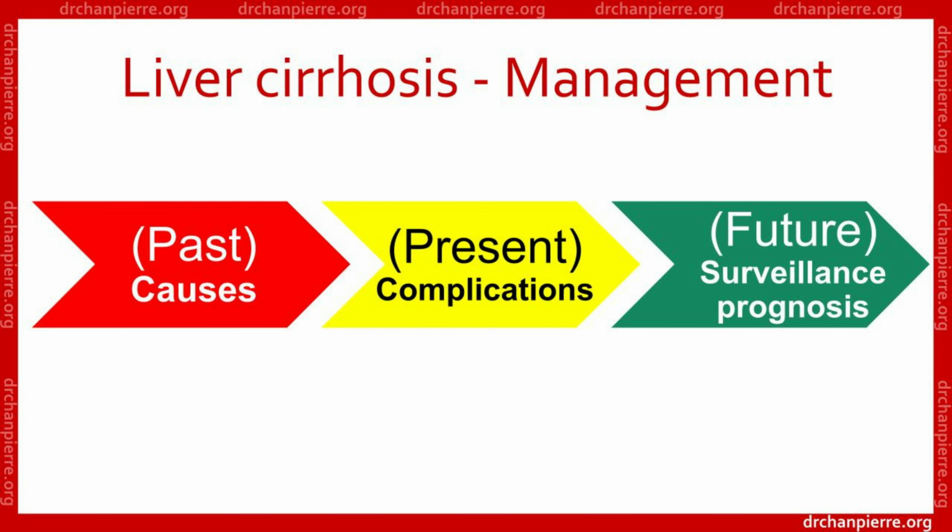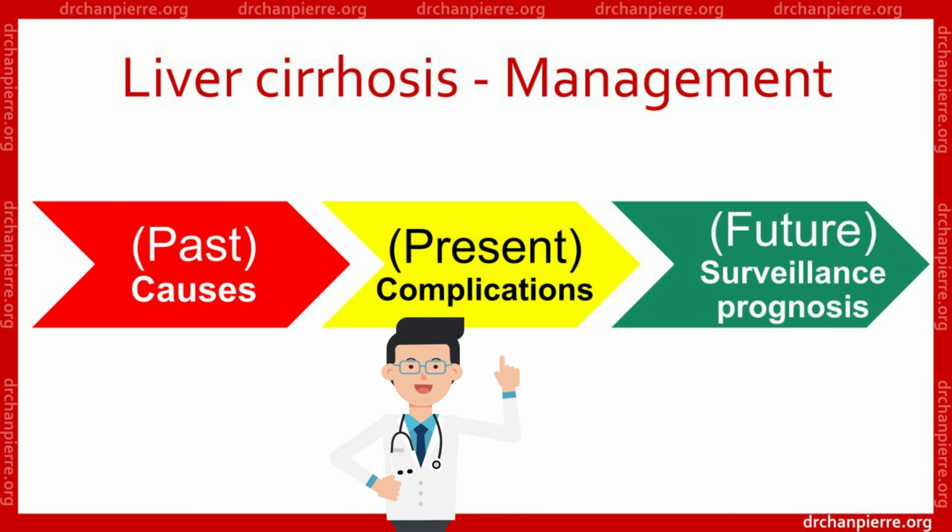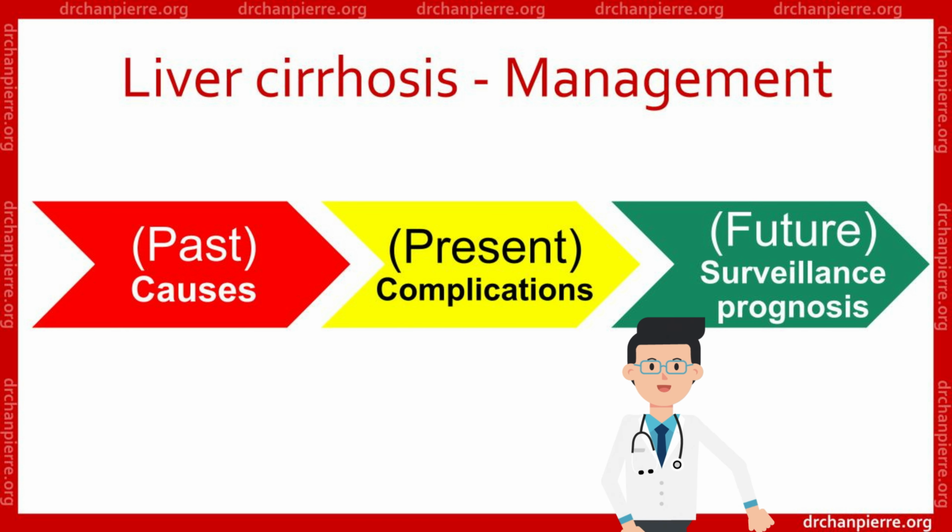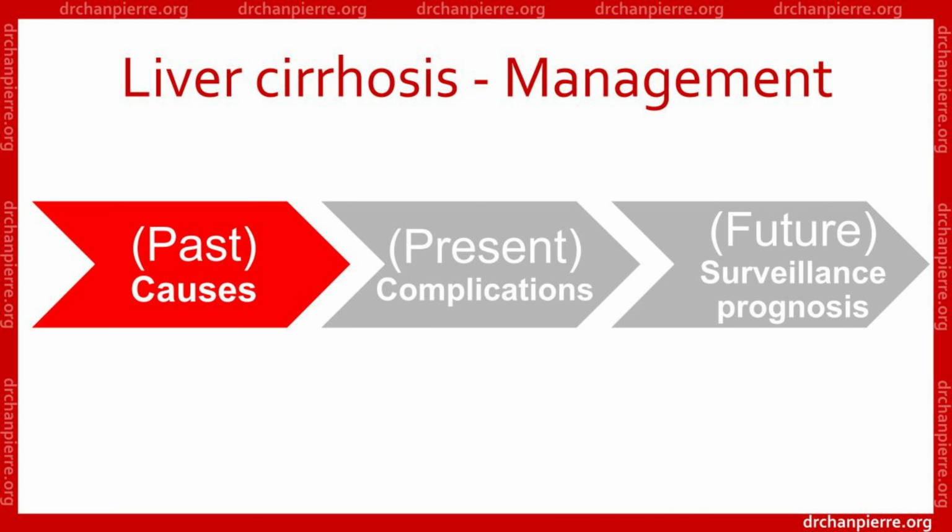In taking care of patients with cirrhosis, I suggest setting the management goal by considering the past, present, and future of the liver cirrhosis. For the past, treat the cause and prevent other causes of further liver injury. Concerning the present, search for any complications, manage them, and delay them if possible. For the future, carry out surveillance for liver cancer and esophageal varices, determine the prognosis, and assess suitability for liver transplantation.